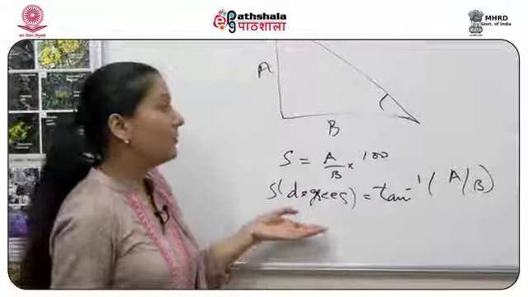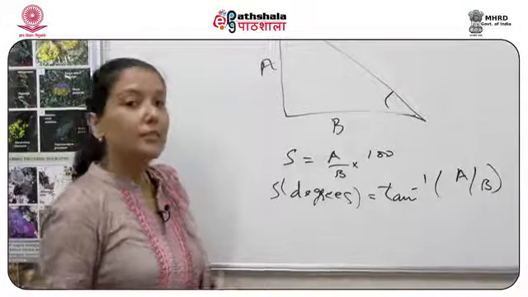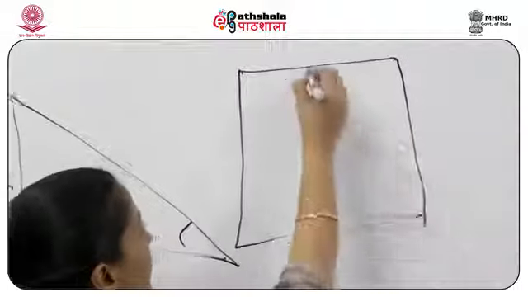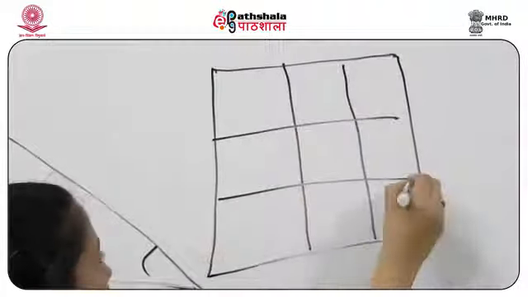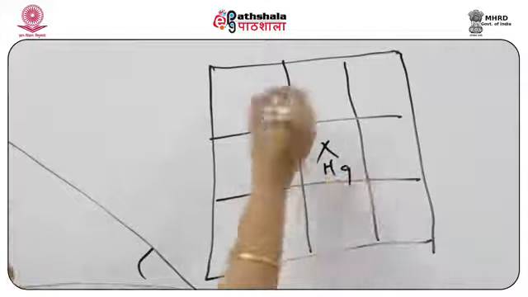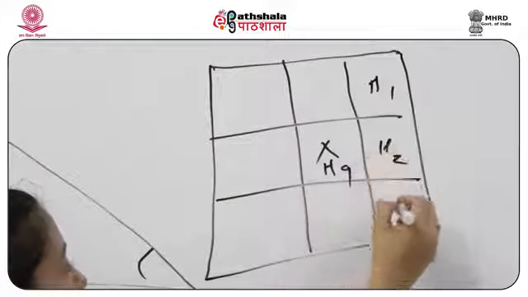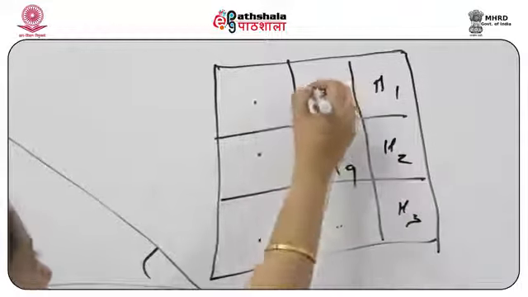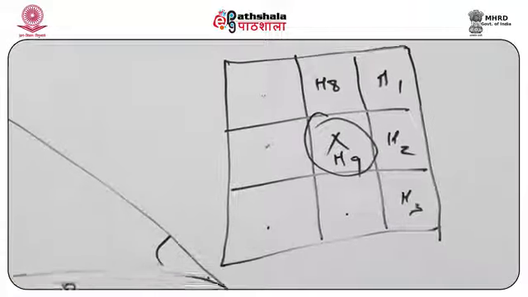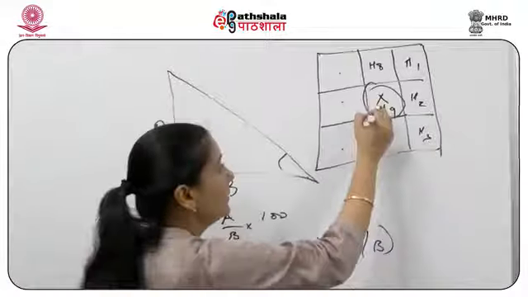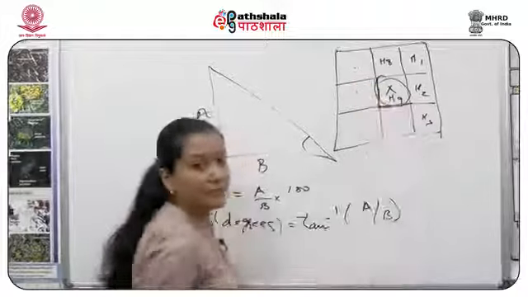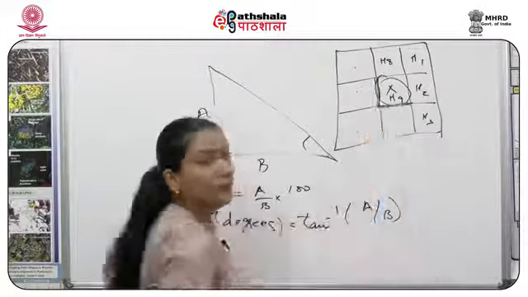Now you would be asking how this would be applied in case of a raster. So we will employ it in a raster. Suppose you have a raster here and the raster has equal cells and we need to calculate the slope here, and suppose this point is H9. So this is your H1, H2, 3, 4, 5, 6, 7 and H8. How do we calculate the slope at this position? A simple equation requires calculating the slope in the x direction and in the y direction.